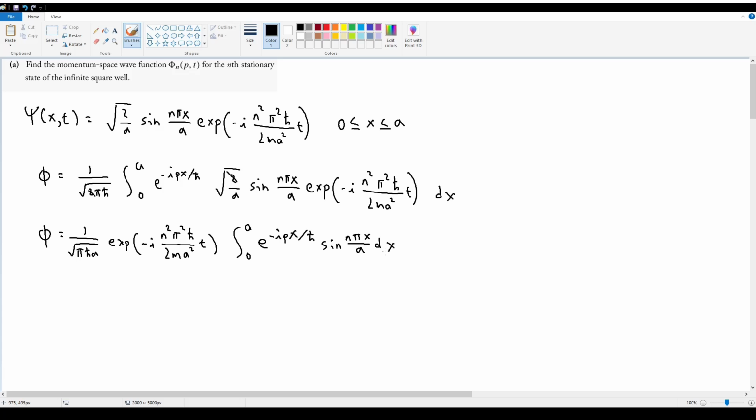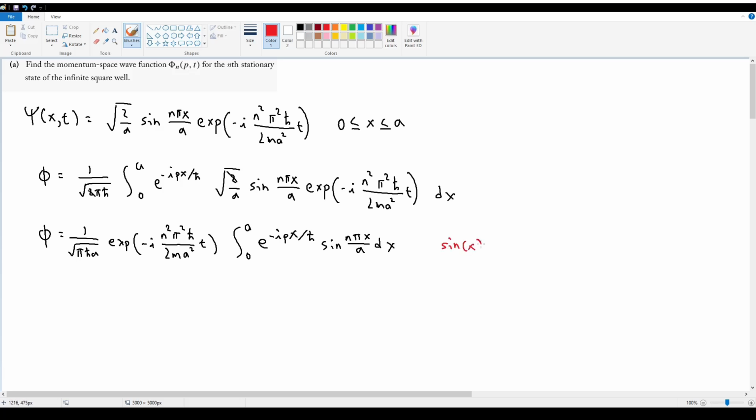Okay, now at this point, you have an integral where you have a product of a complex exponential with a sinusoid. So you have two options here. Option 1 is to convert the complex exponential into a sinusoid and solve a sinusoidal integral. Option 2 is to do the opposite and convert the sinusoid into a complex exponential. I would rather do the latter, because if I converted the e to the negative ipx to a sinusoid, I'm going to deal with a sine and a cosine, and I'd rather not have to do a two-step u sub. So instead, I'm going to convert the sinusoid into a complex exponential by invoking the rule that sine